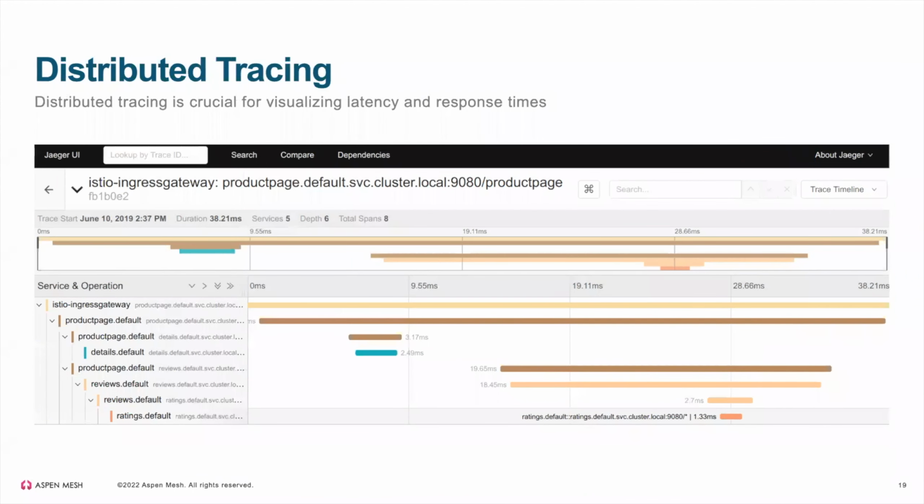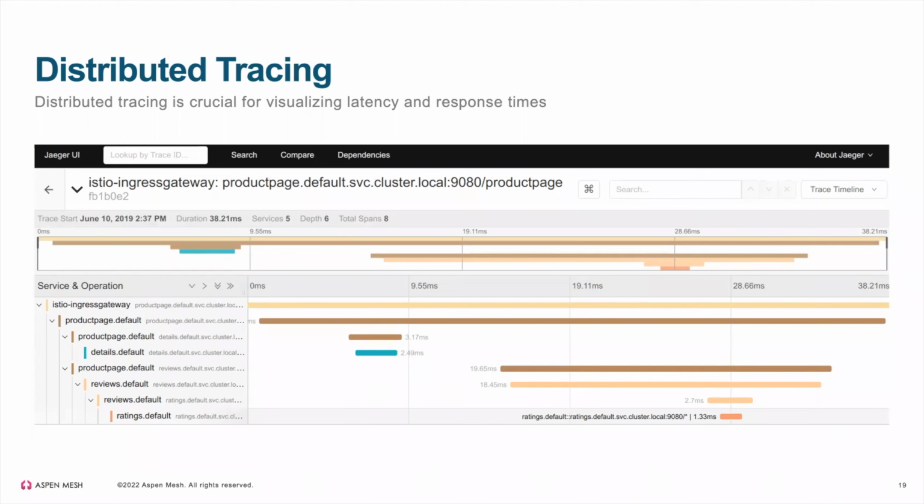Distributed tracing, this is another big one. When you do have an issue with a system, it's really hard to tell where that issue is being introduced. If you have 50 microservices that are all calling each other, it's like, okay, which one is being slow about this? Distributed tracing is a very useful way to see who the culprit is within a call graph.